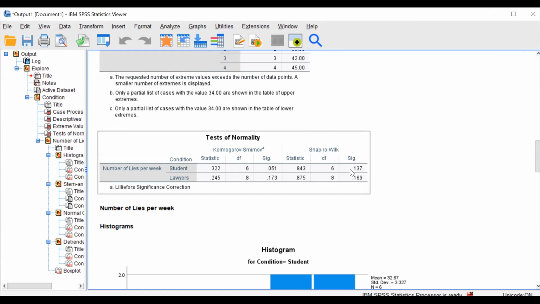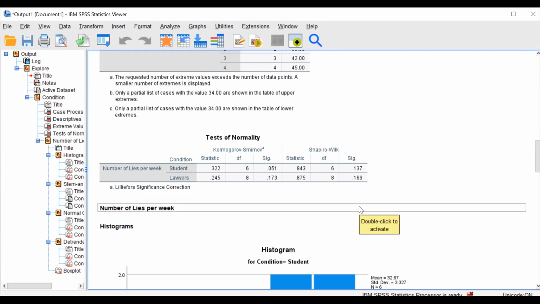So it's a bit tricky, this one, because normally we want our p-value. You see where it says significant, that gives us our p-value. So when we do statistics in general, if there is, let's say, a statistically significant difference, we want our p-value to be less than 0.05. And that's when we say there was a statistically significant difference. The test of normality works the other way around, because